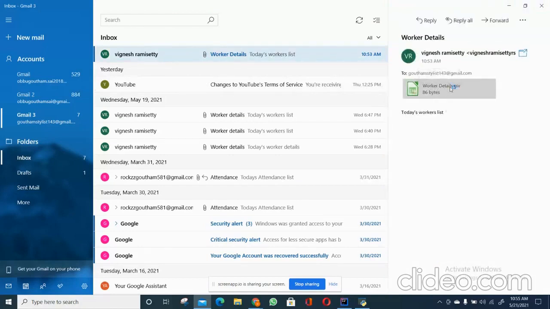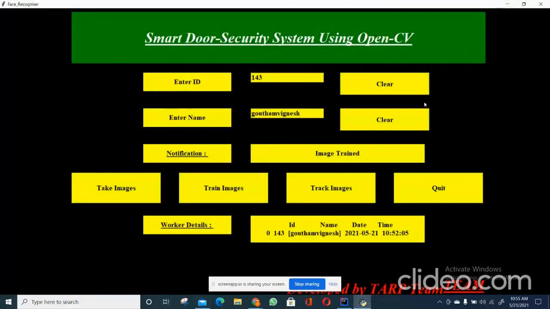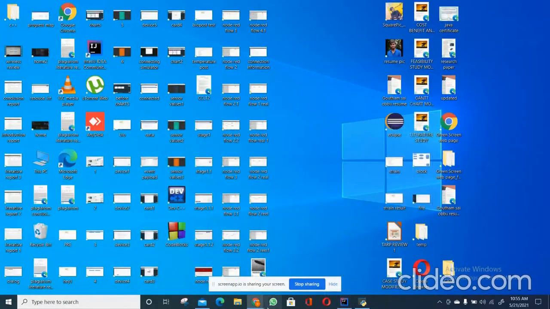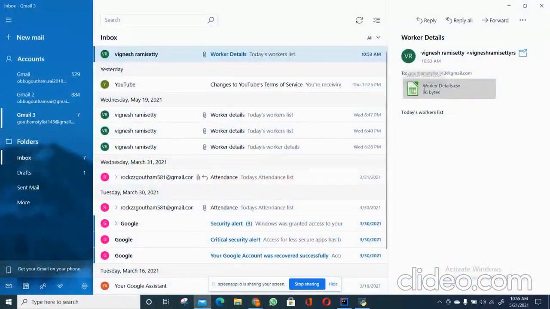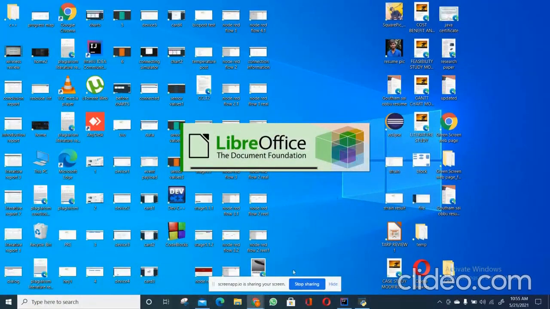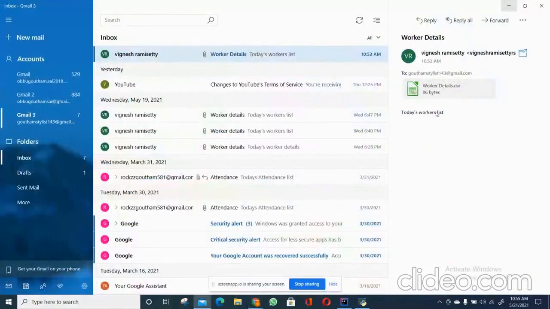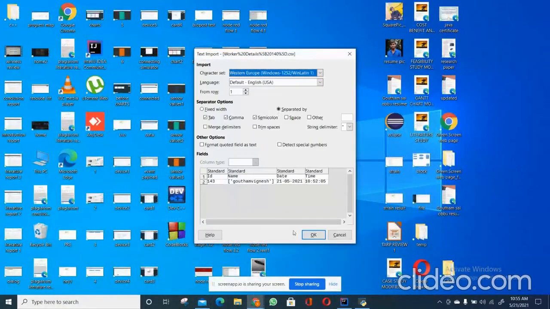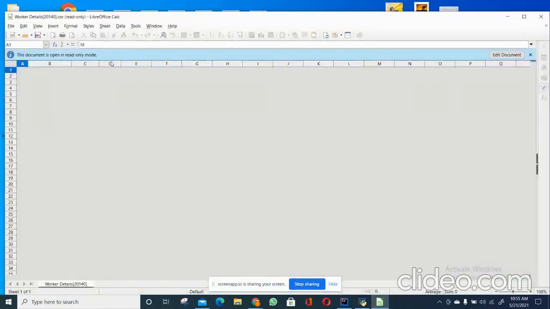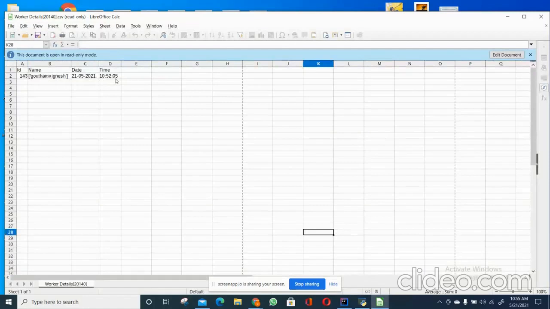Worker details CSV file. The CSV file is directly sent to the respective officials who want to monitor.